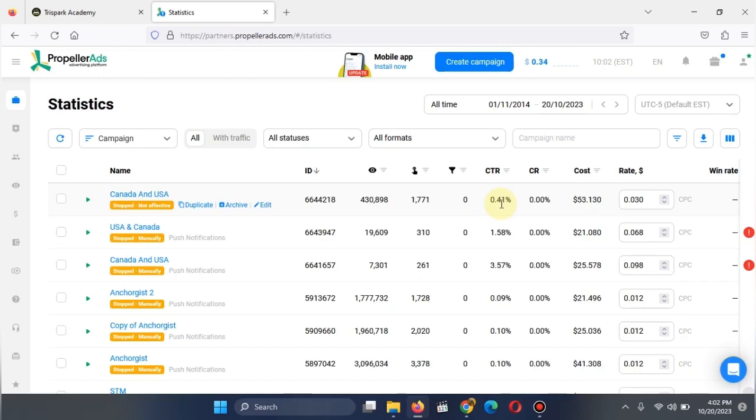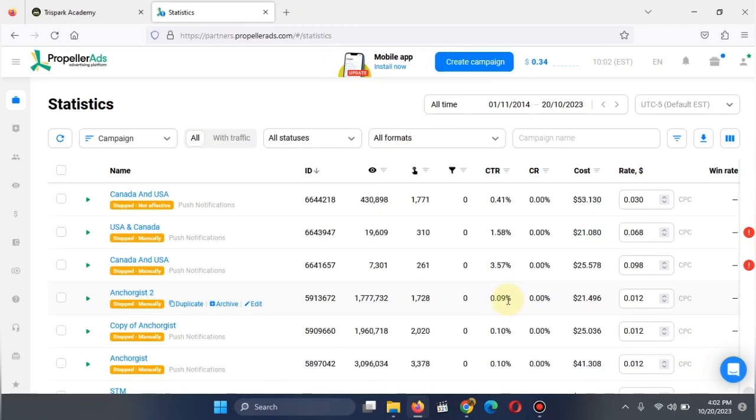How can 430,898 people see this advert and just 1,700 will click on it? Okay, look at the most heartbreaking of them all. In this one, 1.7 million. Propeller wants me to believe that they have displayed this advert to 1.7 million people, and out of 1.7 million people that have seen it, only about 1,700 people clicked on it, which gave rise to this very low CTR here.